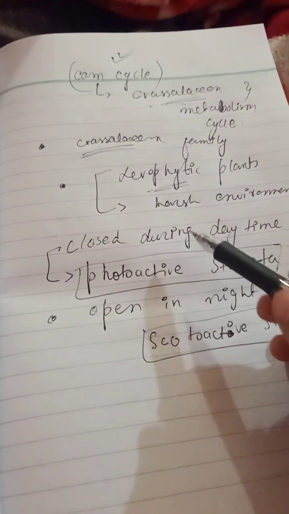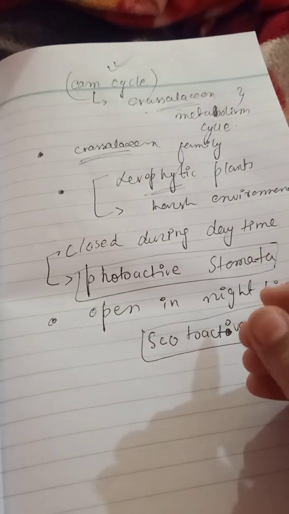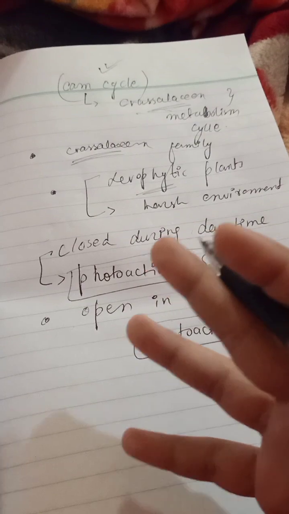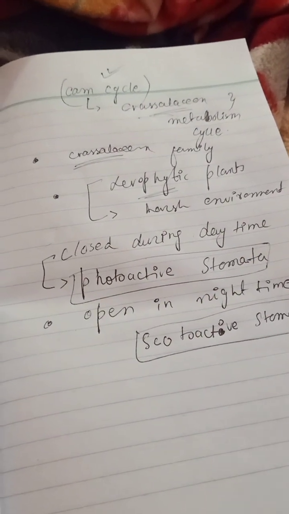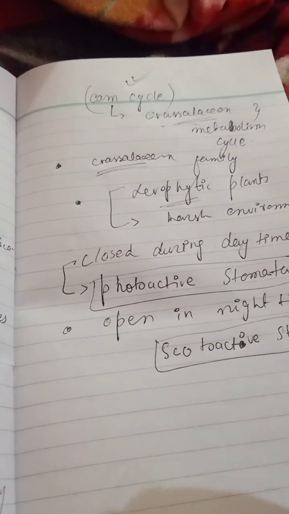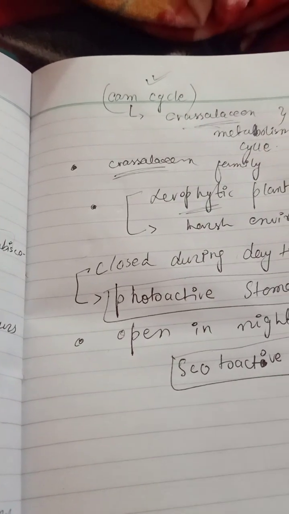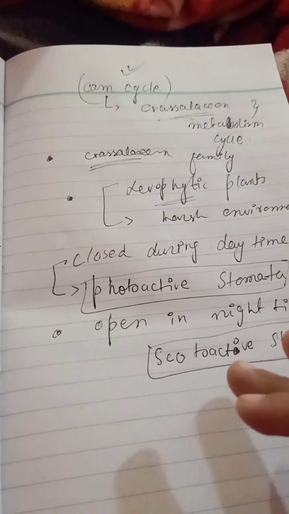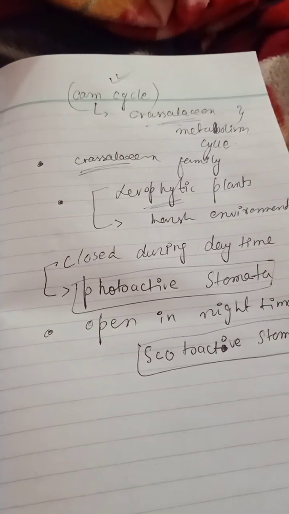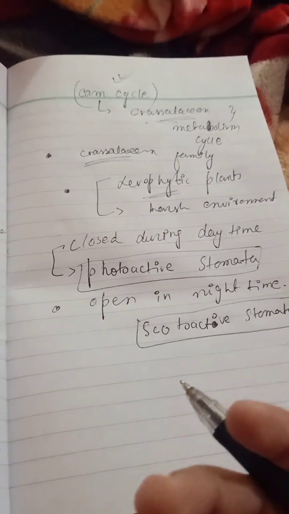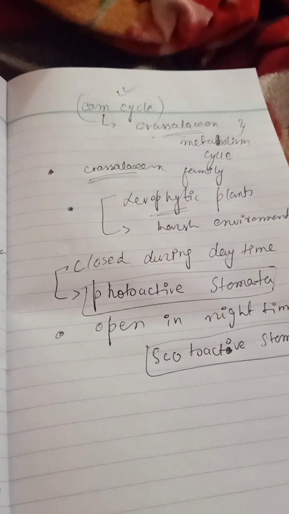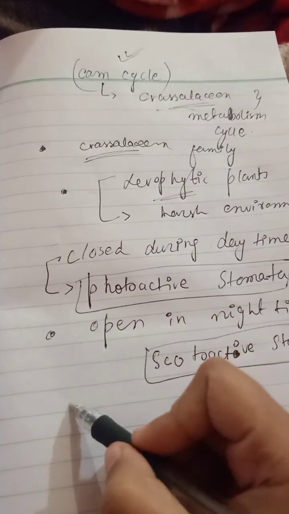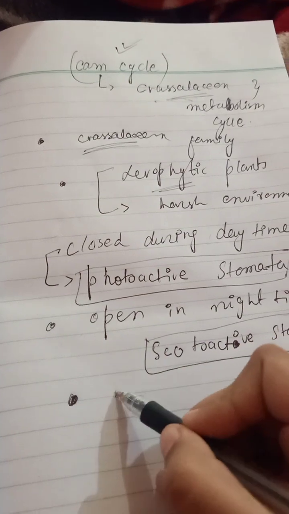So for these both, the mechanism will be a mixture of the daytime and the night time. But this cycle will basically occur in the night time when the stomata is opened. Then the cycle transfers to the daytime when the stomata get closed. We'll be discussing that in the mechanism. But if we talk about example plants of this cycle, that can be cactus,